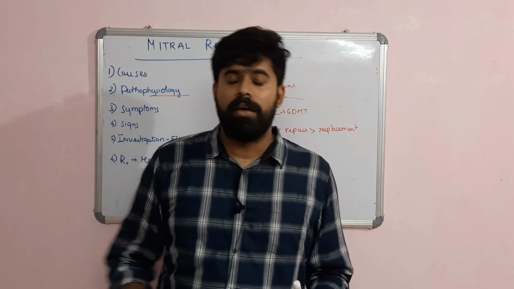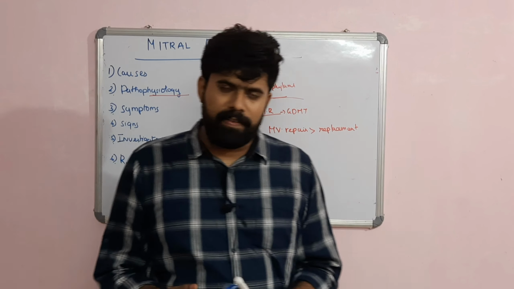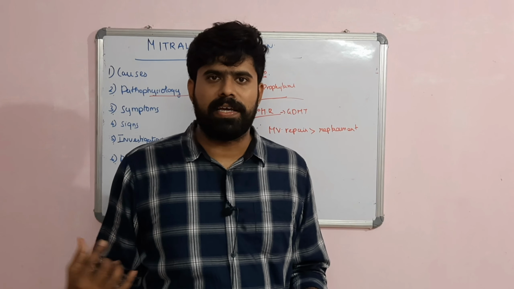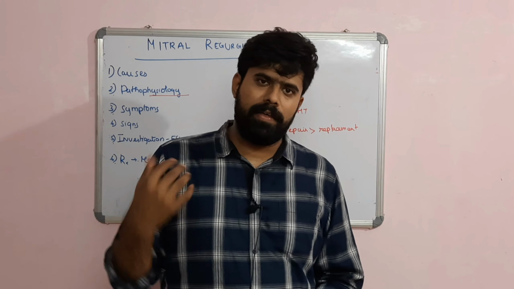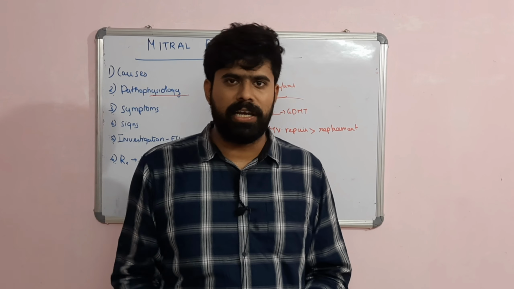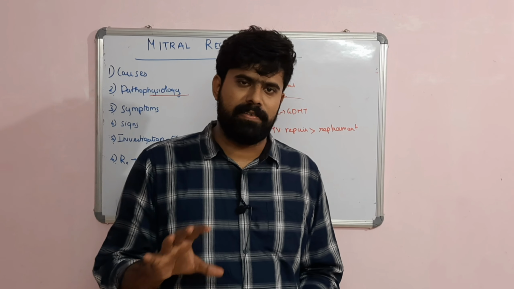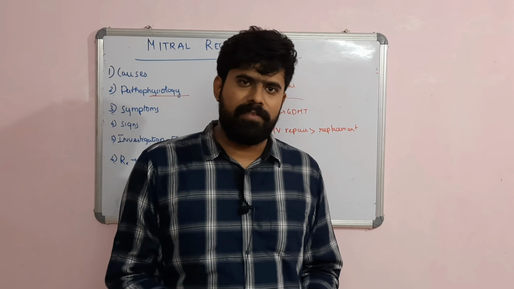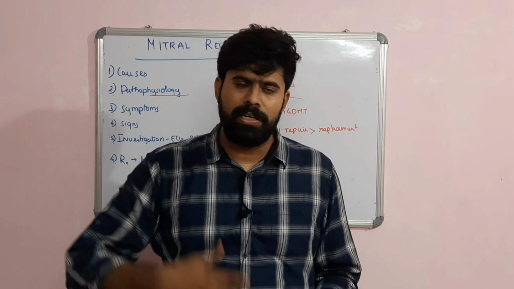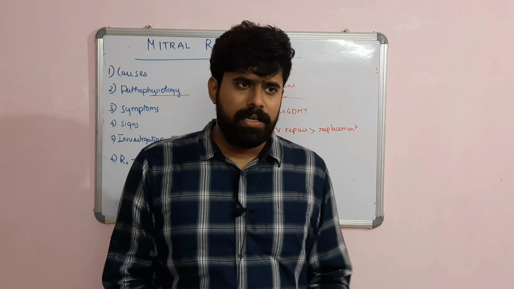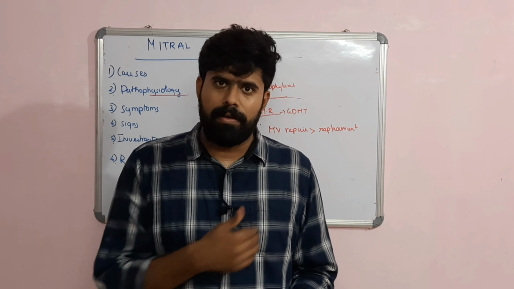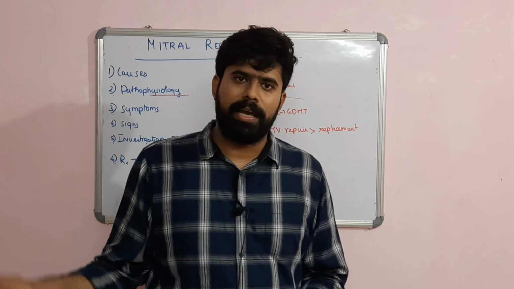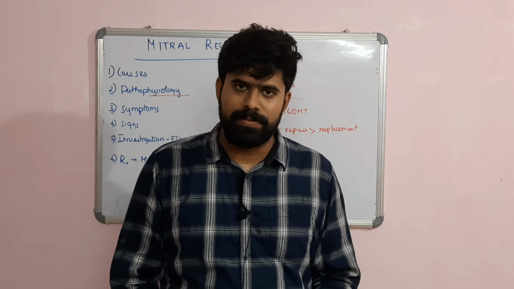The second one is chronic MR, which can be primary or secondary. Primary is a valve problem, secondary is an LV problem. This can be managed both medically and surgically. Surgically, when the LV is enlarged, the patient has atrial fibrillation or pulmonary hypertension, or the patient has severe symptoms with severe mitral regurgitation, then he can be taken up for surgery. A repair is done or a replacement.